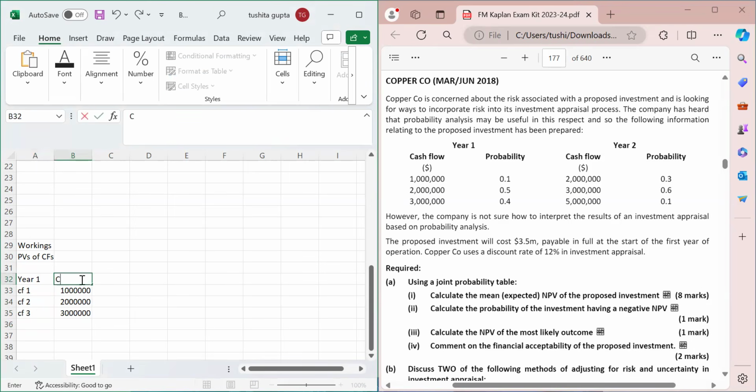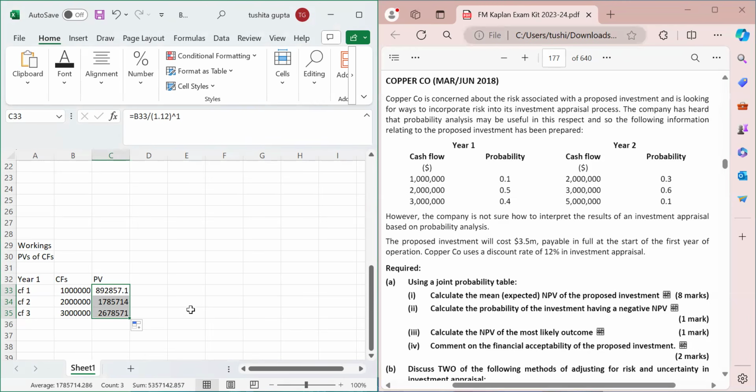Now these are my cash flows, and then I can find out the present value. So present value will be nothing but this cash flow divided by 1.12, because 12% is my discount rate, raising it to the power of 1 because these are for year 1. So these all are my respective cash flows in their present value. So the cash flow, the money that I get a year from now, that money is worth this much money in today's time. So these are our values.